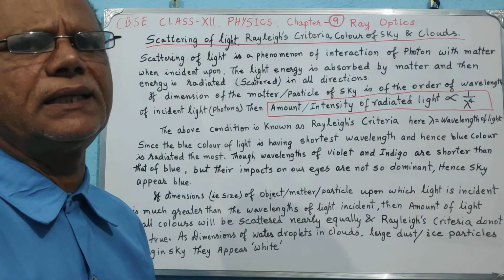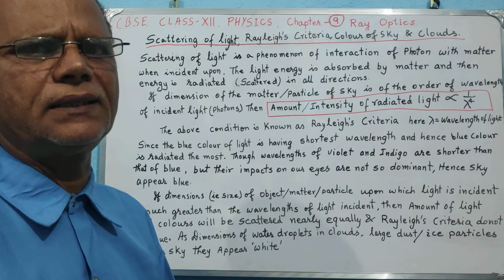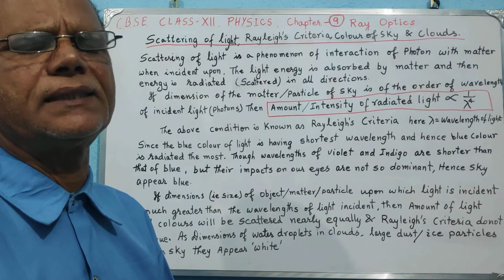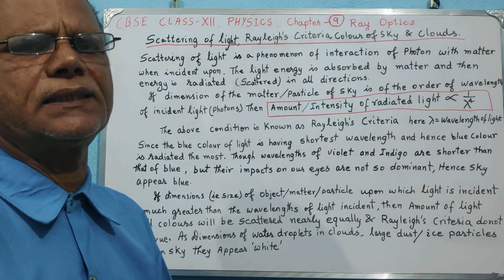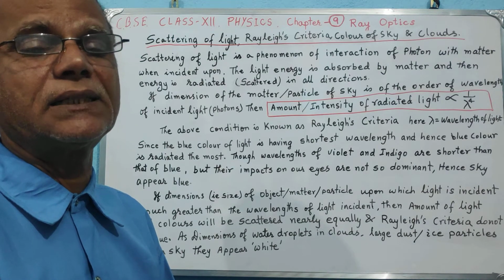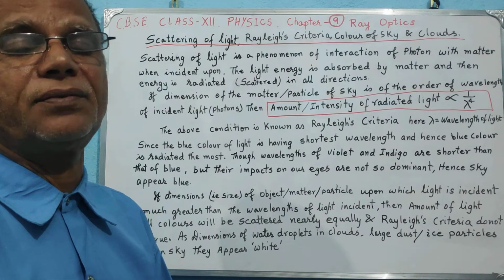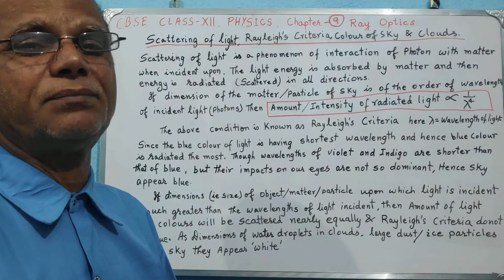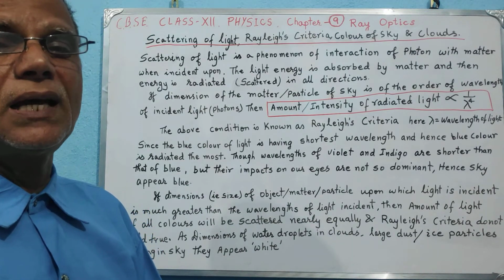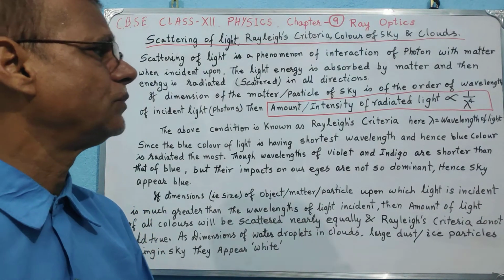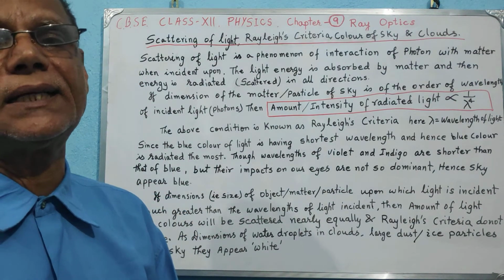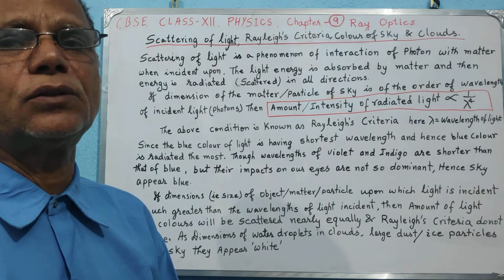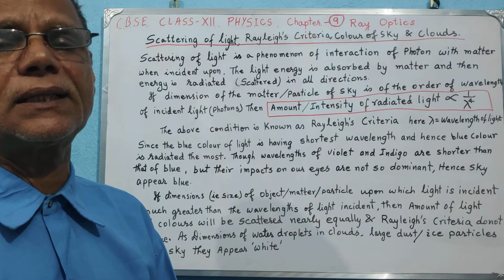And since blue color has a shorter wavelength, therefore the intensity of blue color of light re-radiated by the particles present in the sky, which have dimensions of the order of the wavelength of light incident, meaning tiny particles, they will radiate the blue color most. Apart from this, the other two colors are also radiated strongly, that is violet color and indigo color, because their wavelengths are also shorter than that of blue light,